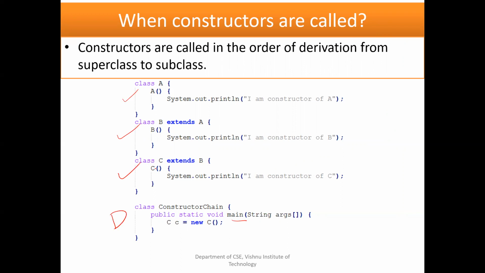Here I am creating an object for this class. Whenever we create an object, what happens? Its constructor gets called. Whenever it invokes its constructor, as it is a descendant of class B, its parent's constructor is invoked implicitly. And before executing its constructor, as it is a descendant of A, A's constructor gets executed. See, I'll show you through an animation.